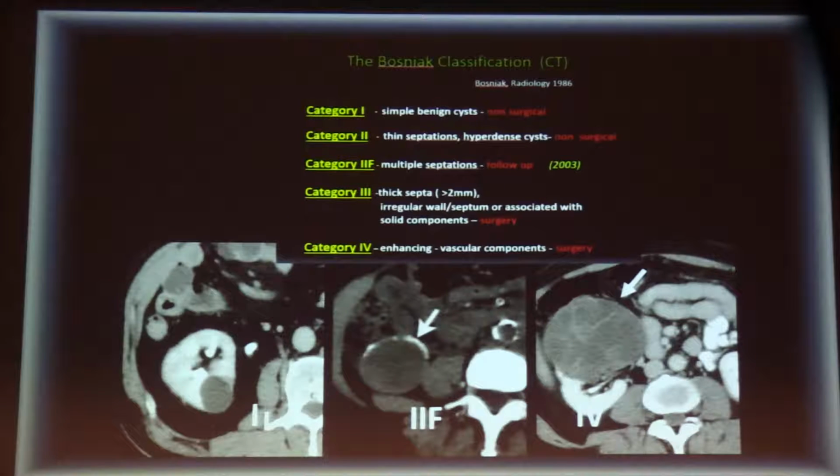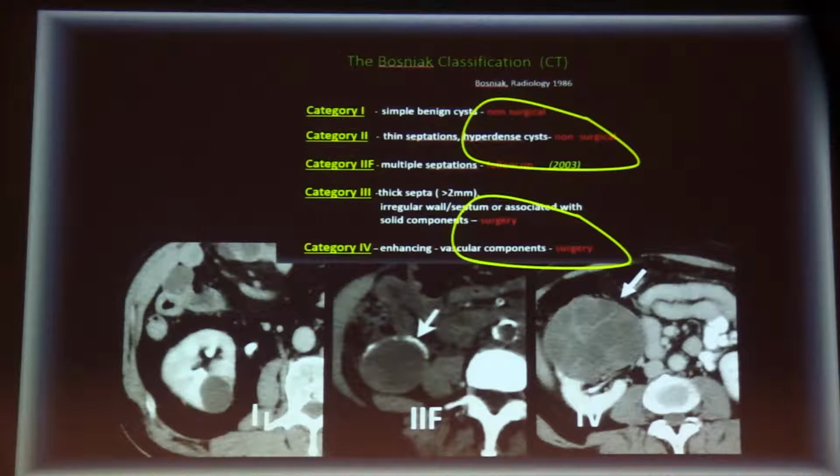Now you're all familiar with the Bosniak classification, and you know that standardization and classifications are always useful. With Bosniak classifications, we can easily divide renal cysts into those which are benign and those which are malignant. We divide them into two groups according to certain features such as septations, the thickness of septations, enhancing components, vascular